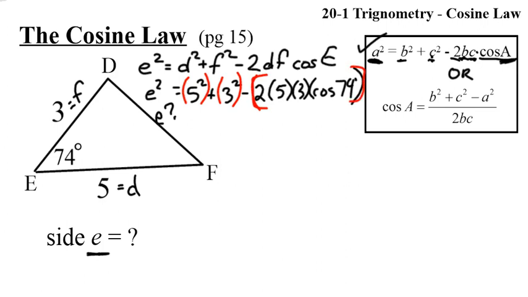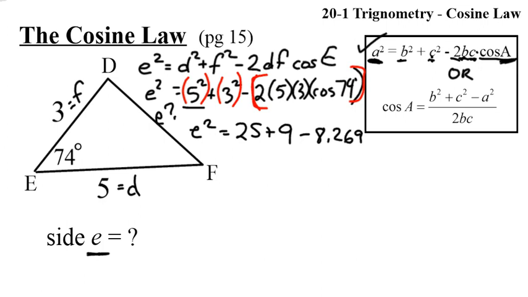Make sure you can get the right value with your calculator. Breaking it into steps wouldn't be a bad thing either. There's nothing wrong with, well, E squared is equal to 5 squared is 25, 3 squared is 9, 2 times 5 times 3 times cosine 74,